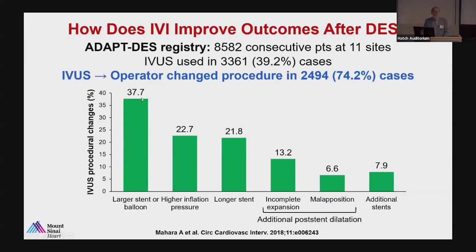And what IVUS does, and same thing with OCT, is it changes what the operator does in about 3/4 of the cases. They use either larger stents or larger balloons. They go to higher inflation pressures. They use longer stents. They see incomplete expansion or malapposition, so they do additional post-stent dilatation, or they need additional stents for problems. So 3/4 of the time, compared to what they would have done by angiography, they continue to